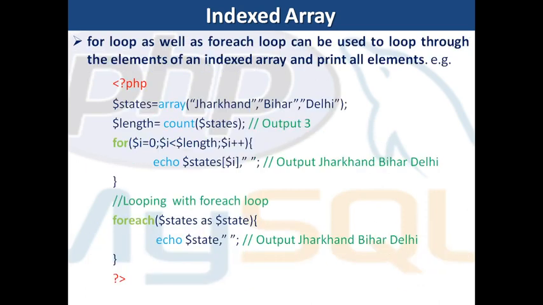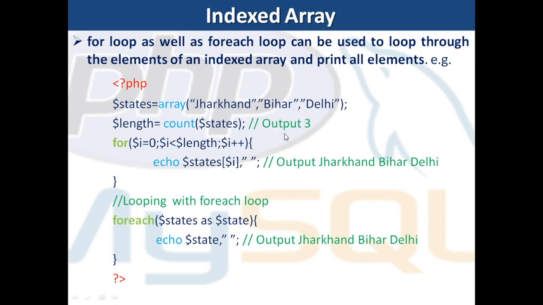We have to loop through the array. A for loop as well as a foreach loop can be used to loop through the elements of an indexed array and print all elements. For example, the array as defined earlier, $states = array of Jharkhand and others, and then we can count the length, which will give